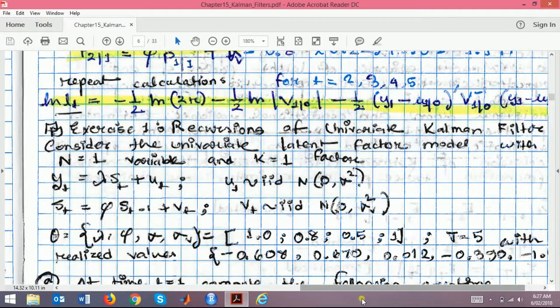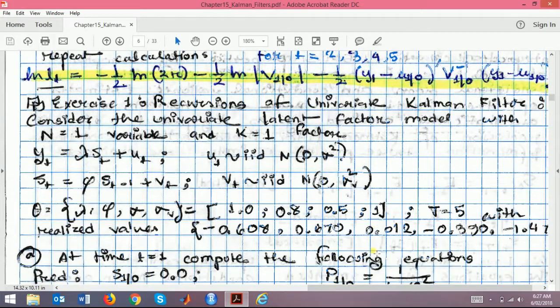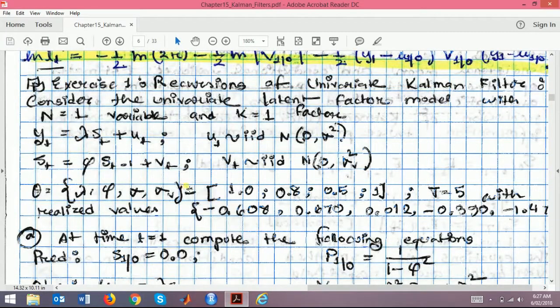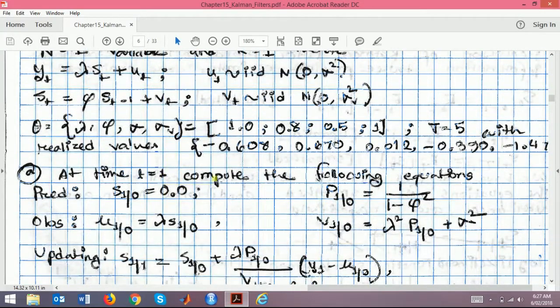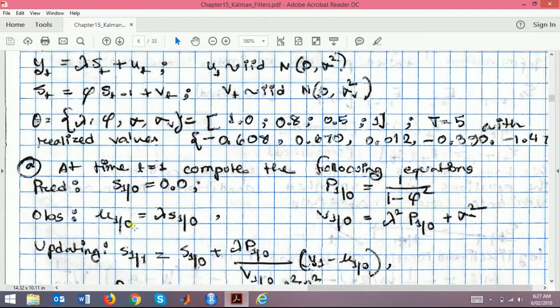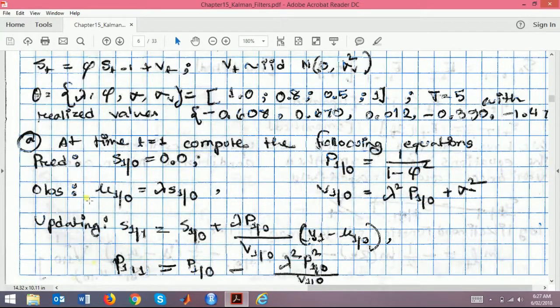So exercise 1, recursion of the univariate Kalman filter. Consider the univariate latent factor model with n equal to 1 variable and k equal to 1 factor. We have y equals lambda s plus u, and s equal to phi s. At time t equals 1, what do we do? You simply take 0 for S10 as initialization, and P10 is 1 minus phi squared. Then comes observation: mu10 is equal to lambda times S10, and V10 we know is